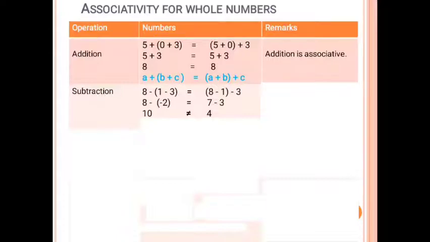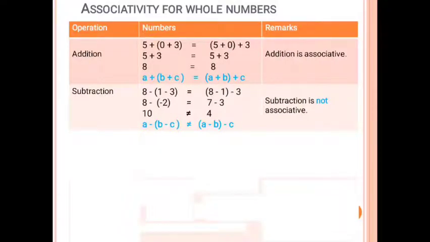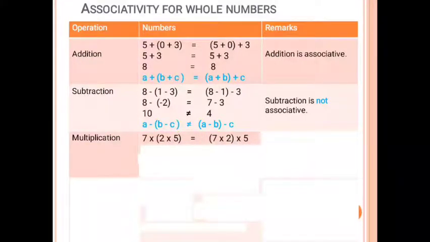So we can say A minus (B minus C) is not equal to (A minus B) minus C. Therefore, subtraction is not associative. Let's check associativity for whole numbers for the multiplication operation. Is 7 multiplied by (2 multiplied by 5) equal to (7 multiplied by 2) multiplied by 5? Let's check. So we will have 7 multiplied by 2 5s are 10, 7 10s are 70,